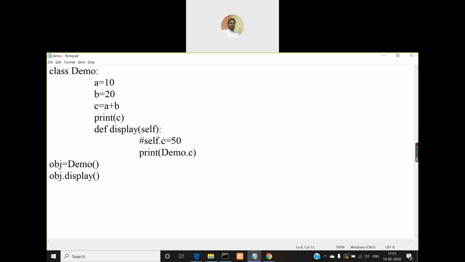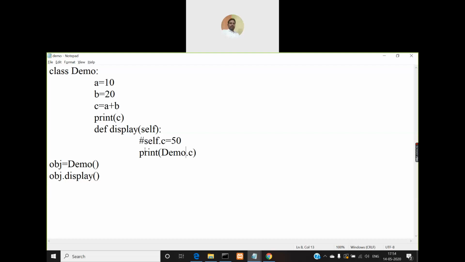So that means what? When you have two or more variables with the same name, but those two variables are different, that means one is a class variable and the other one is an object variable. And when you try to access that variable, the object variable, with the self argument, self.c, then the first preference will be given to the object variable.